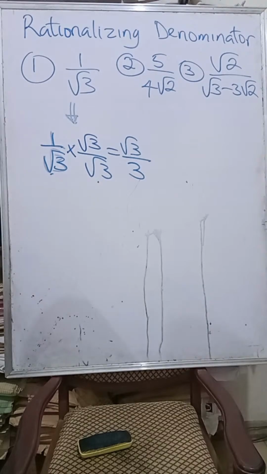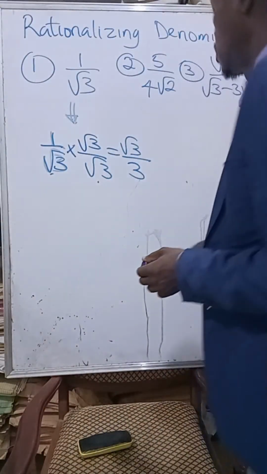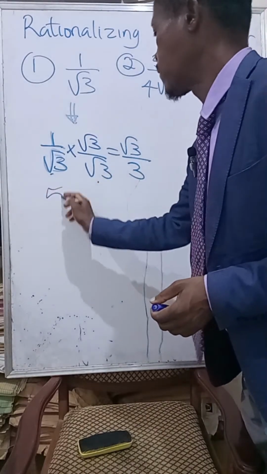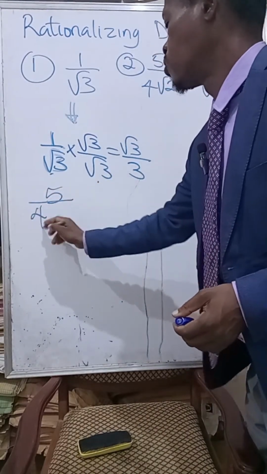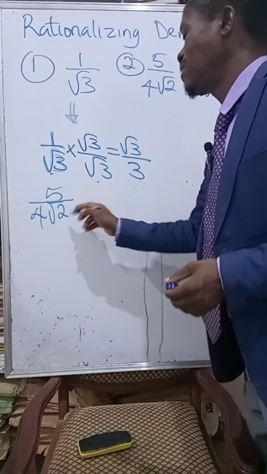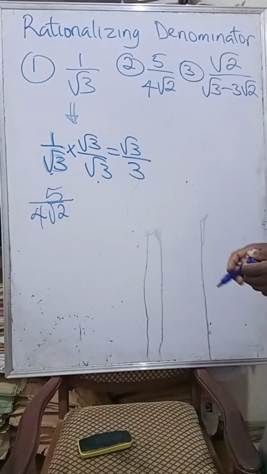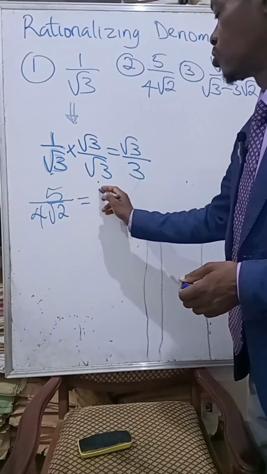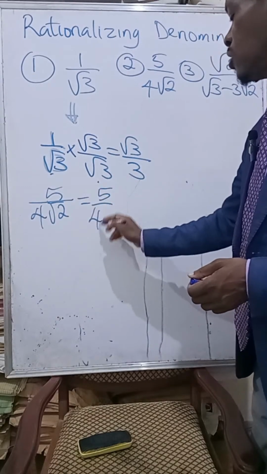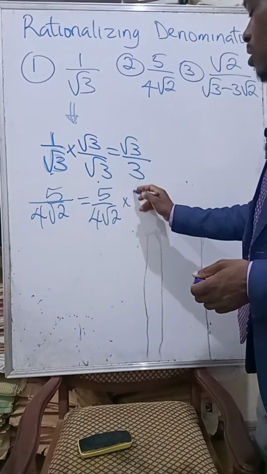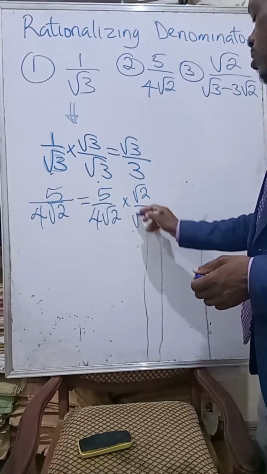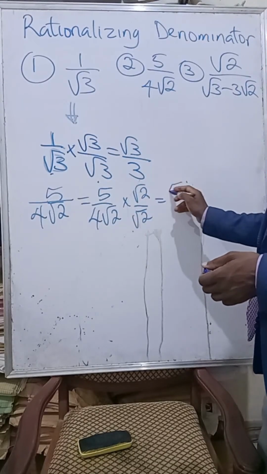The second one, we have 5 over 4 root 2. The radical here is root 2. So we're going to use it to multiply the numerator and the denominator. And that will be equal to 5 root 2